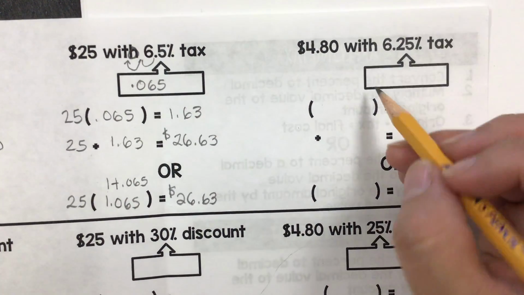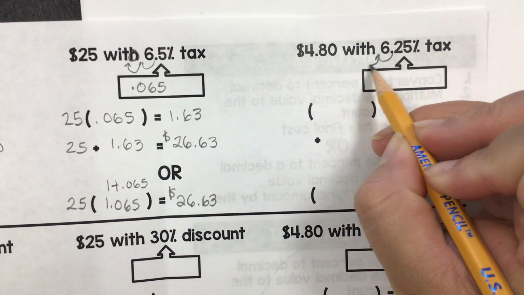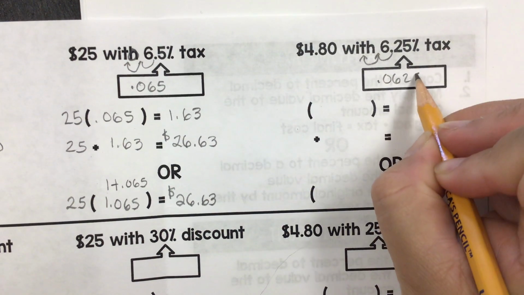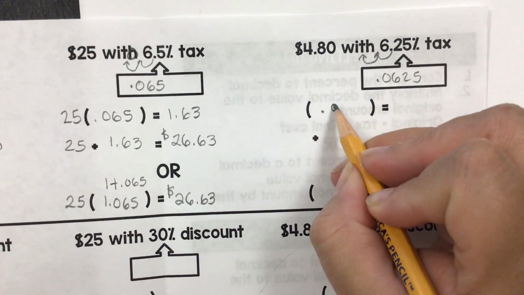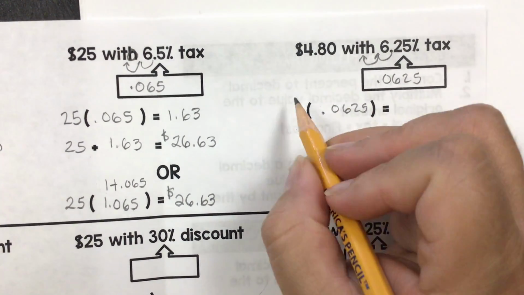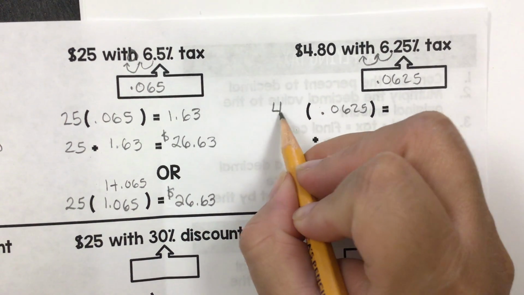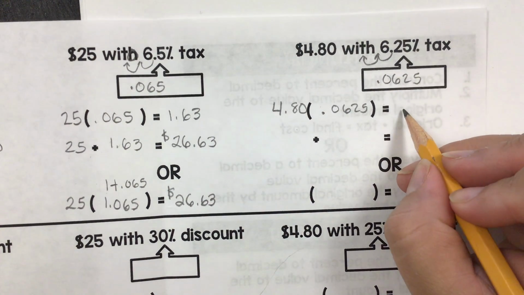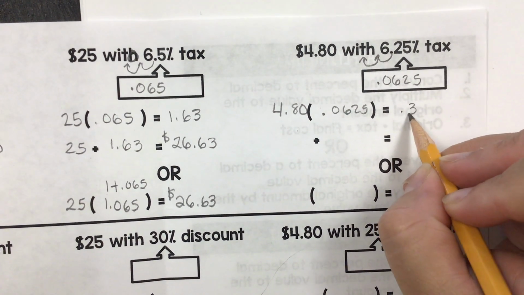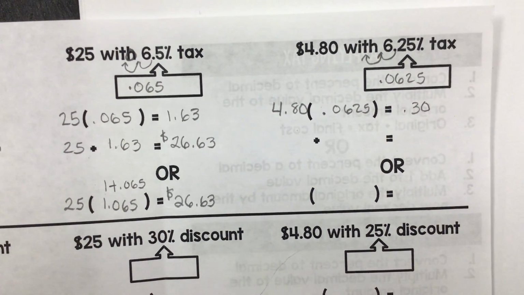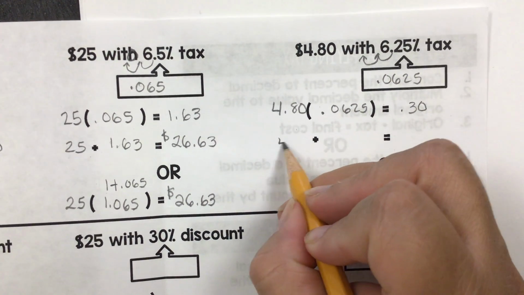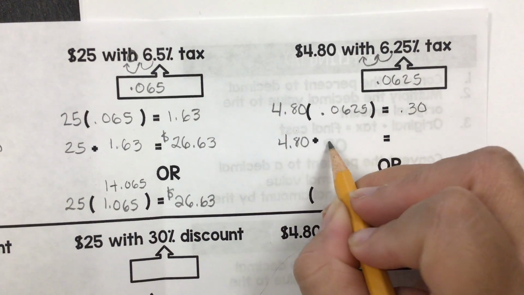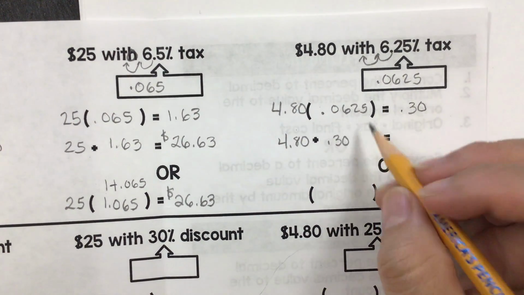So remember, you're always fixing that decimal. Move it 1, 2 to the left. That gives you 0.0625. That 0.0625 is going to be multiplied by the original amount of $4.80. When you multiply that together, you get 0.3, which is 30 cents. We're going to add that together with the original amount, $4.80, and the 30 cents gives you